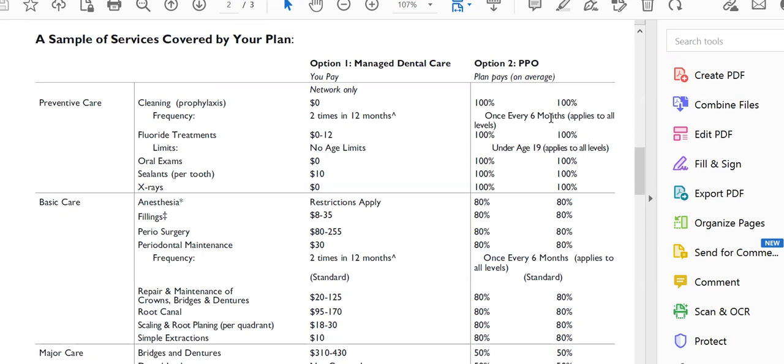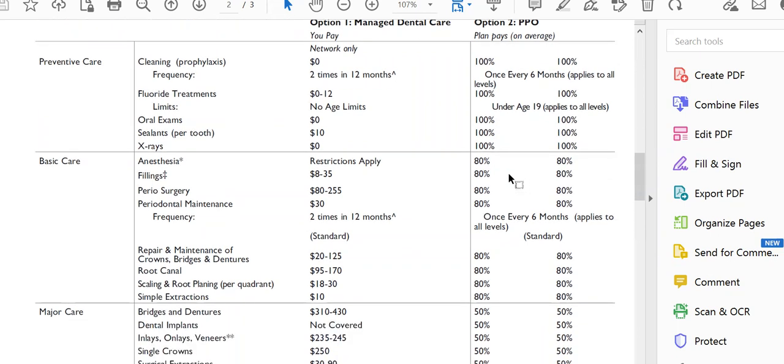So when we're looking at it, we still get our cleanings covered once every 6 months, right? At 100%. We still get our oral exam, our x-rays still covered at 100%. When we drop down into the next category, because there are 3 categories, preventative, basic, and major care, right? You are going to pay 20%, and the insurance company is going to pay 80%, right, for these